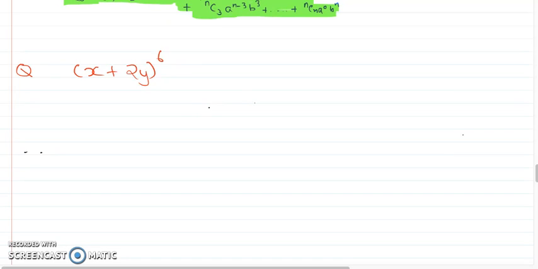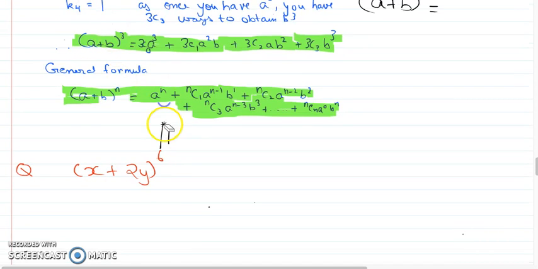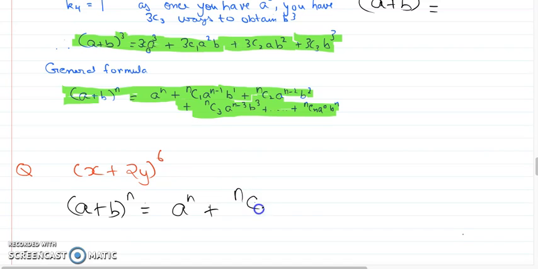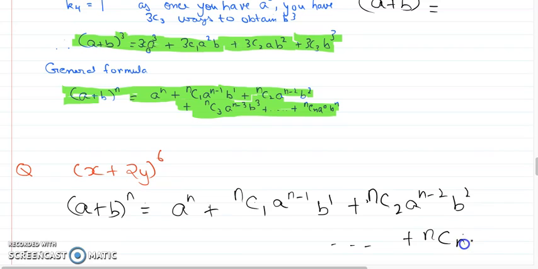Okay, so what I'm going to do is use the general formula to solve this question. (a plus b) power n is equal to a power n plus nC1 a power n minus 1 b power 1 plus nC2 a power n minus 2 b power 2, and this goes on to nCn a power 0 b power n. To make this really simple to understand,